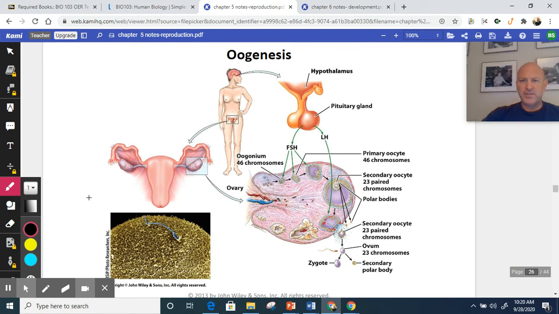Again, oogenesis is produced as a result of hormones. Oogenesis is governed by the production of hormones. And again, the egg cells being produced and released happens as a result of negative feedback mechanisms. And the hormones are similar. It starts in the hypothalamus, releasing gonadotropin releasing hormone, which is going to stimulate the anterior pituitary gland to release